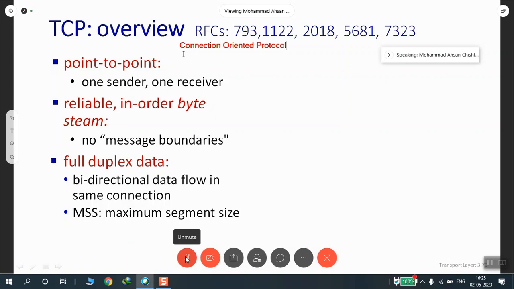That's how much was the maximum I could carry, let's say 1500 bytes that we discussed. So likewise, we would have here MSS, the maximum segment size, how much we can have. And we will try to have it in such a way that we do not go beyond the maximum size that is prescribed by the lower layers, that is the network layer and the data link layer.